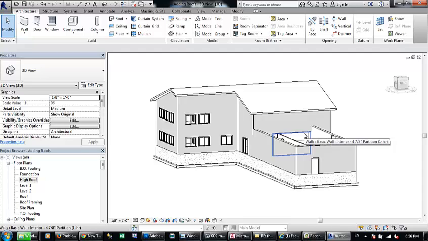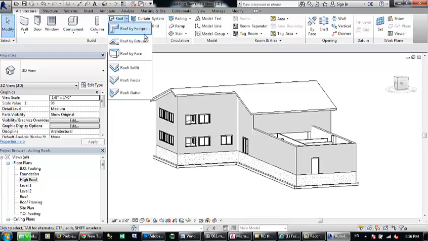This is another kind of roof, fortunately. If you have a lot of imagination and you are a creative person and you want to create a roof that has an unusual shape, you can do that. How to do that? For example, if you go to the roof, you can find something here called roof by extrusion. In the roof by extrusion, if you click here,